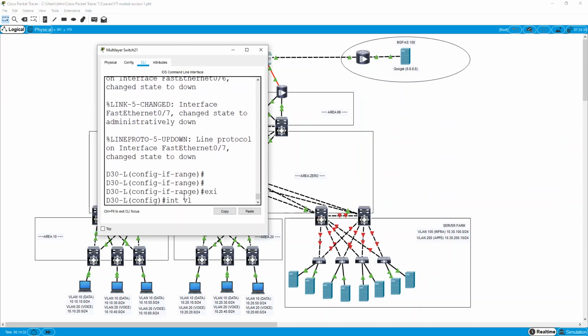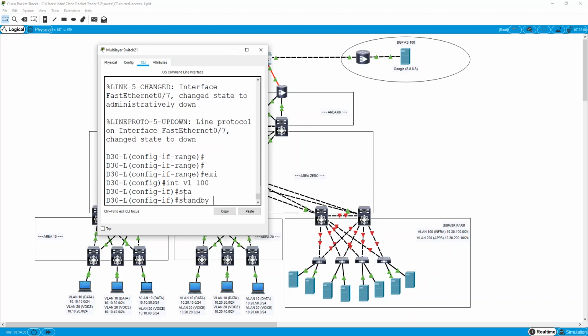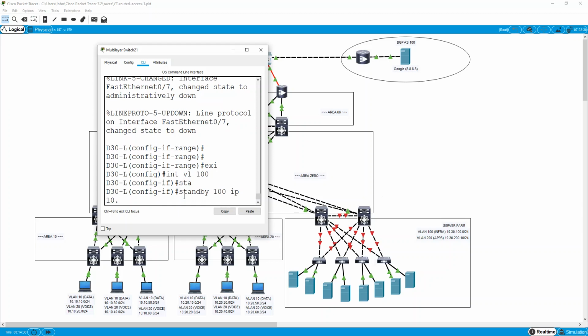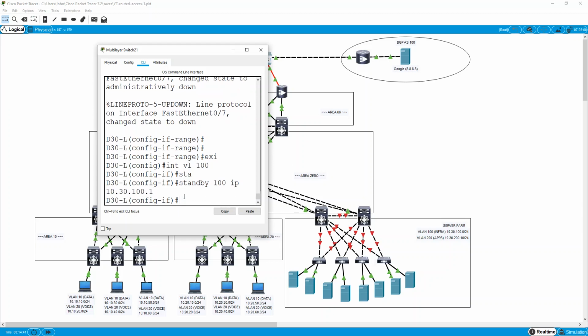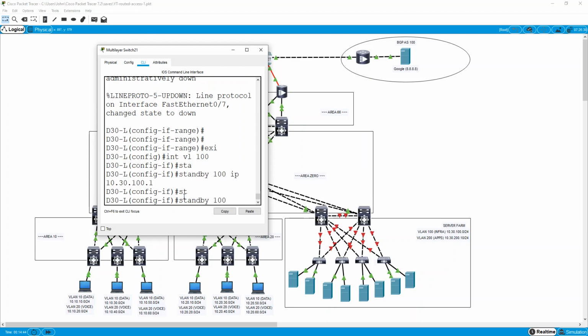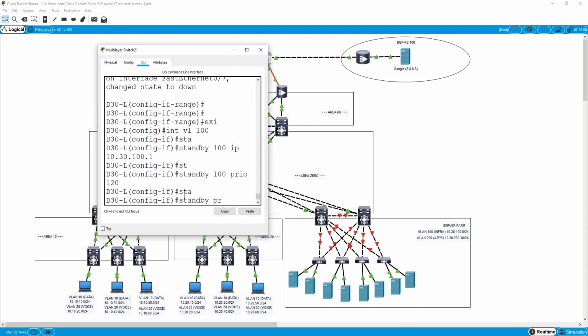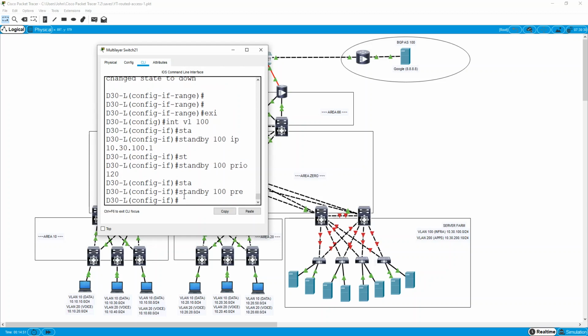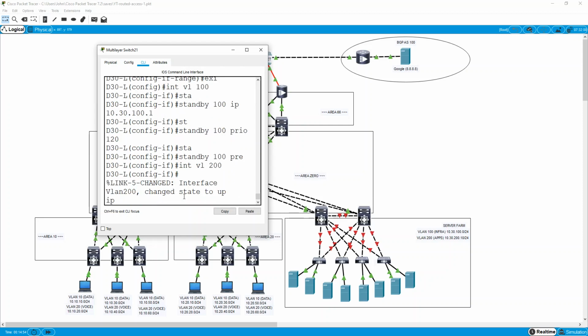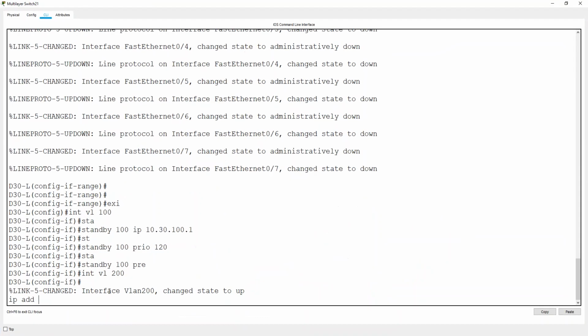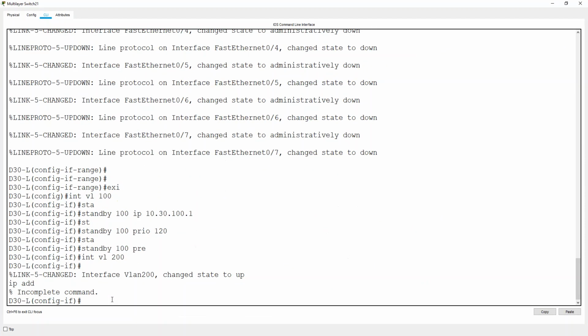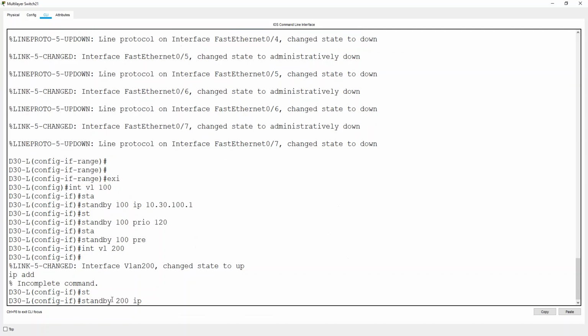So let's go and do that then. Let's go into interface VLAN 100 and do standby 100 IP 10.30.100.1, standby 100 priority 120, so it's going to be the active one, and standby 100 preempt. Let's go into interface VLAN 200 and just put the IP address, because that'll just ordinarily have the default priority of 100. So this will be the standby one when I configure the opposite one as 120. So let's just go in and do the standby 200 IP